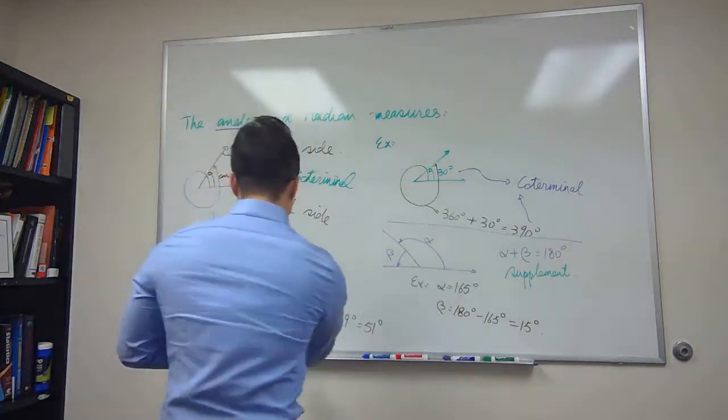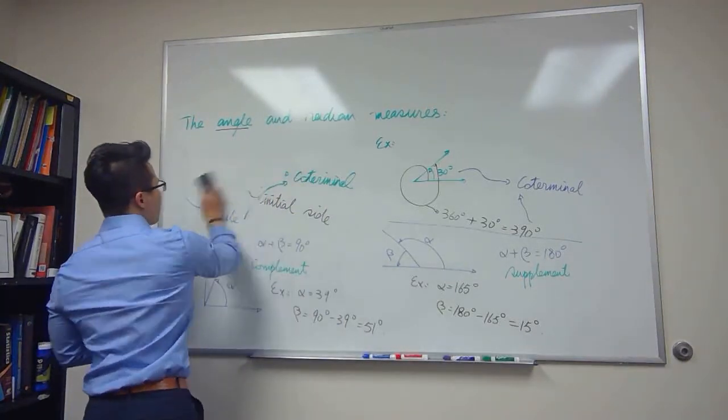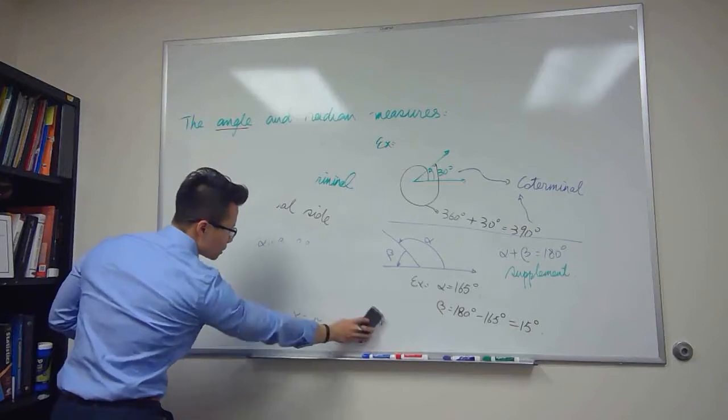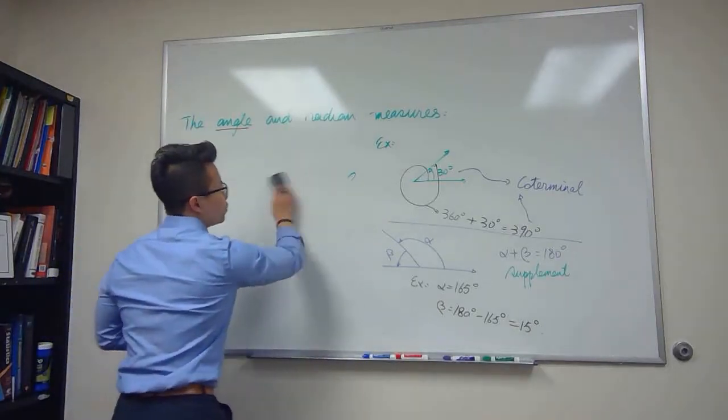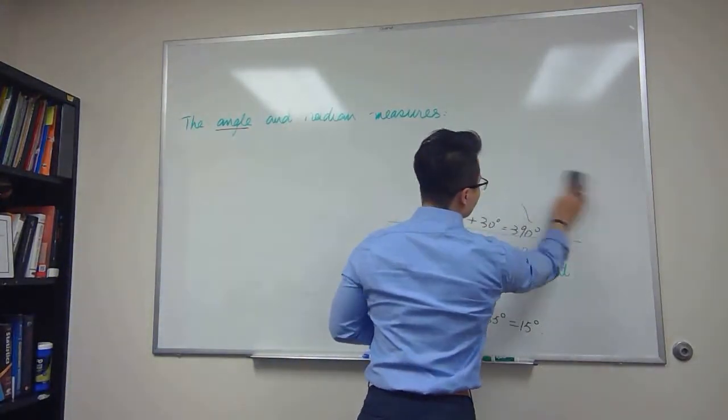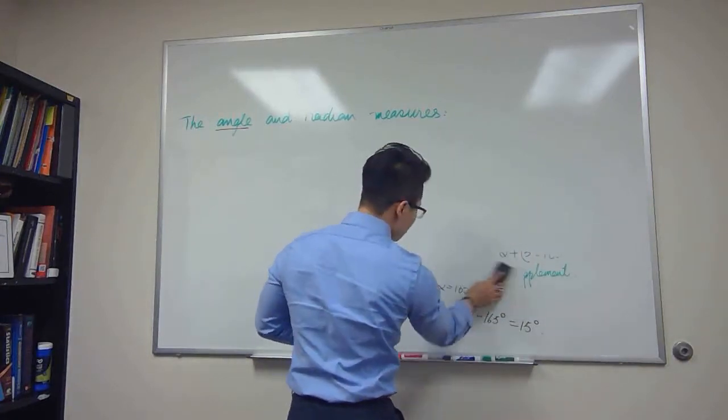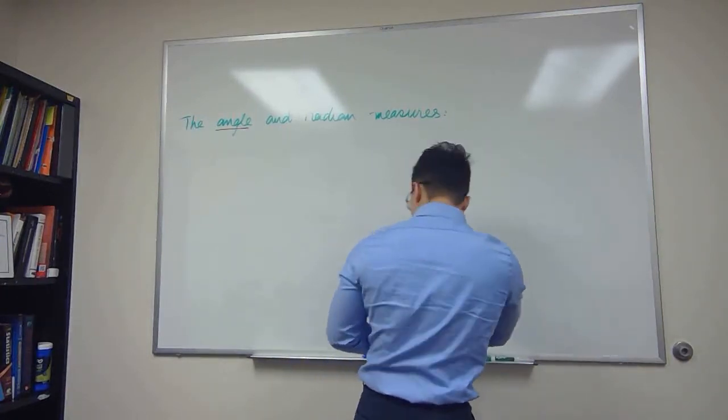Okay. So that is basically all the ideas you need to know for doing angles with their relationships and degrees. And obviously,